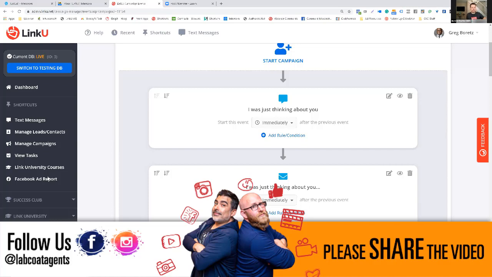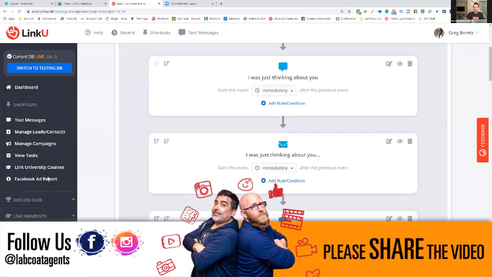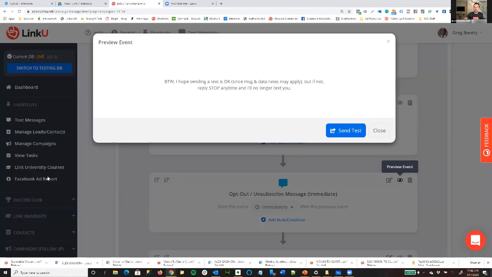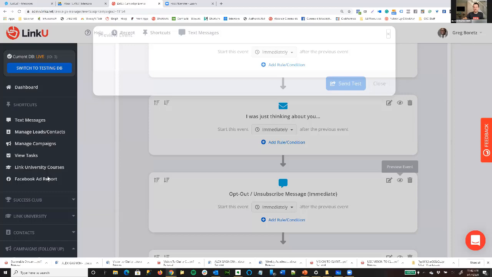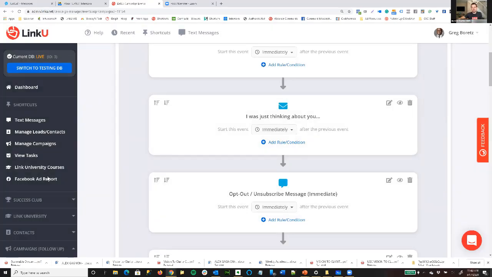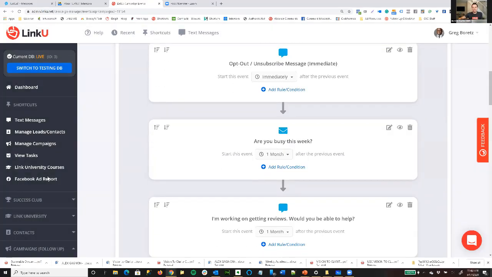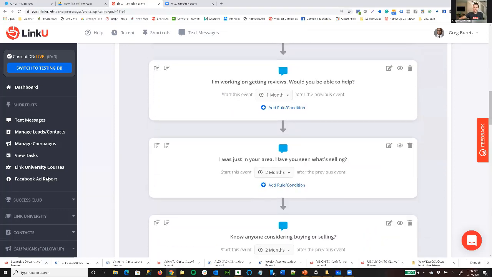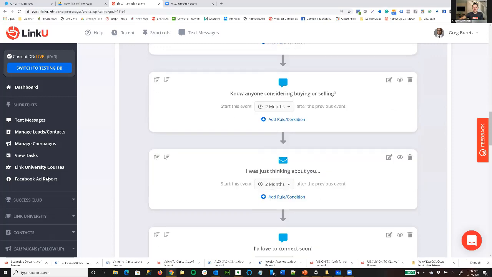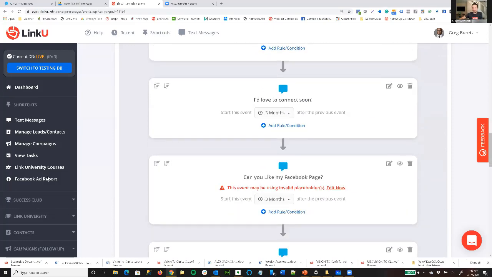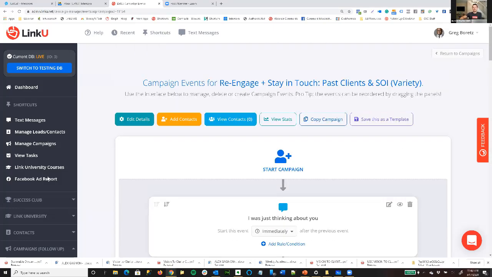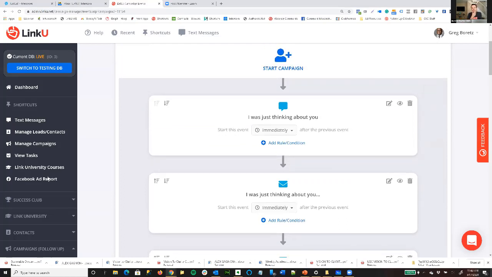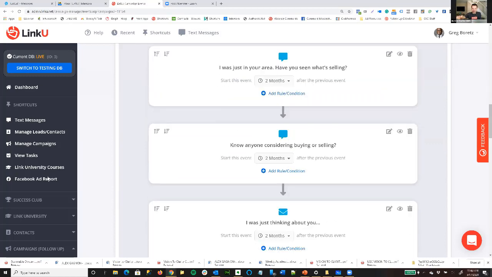So that's cool. Let's see what else. Then you have your email, and you have an opt-out message in case they don't want to receive messages. You want to be compliant. That's always important. Then it just goes from there. Every month or so, it follows up and mixes it in with that conversation. I don't have any voicemails by default in here because I can't create a voicemail using the agent's voice, so they have to create that for themselves.